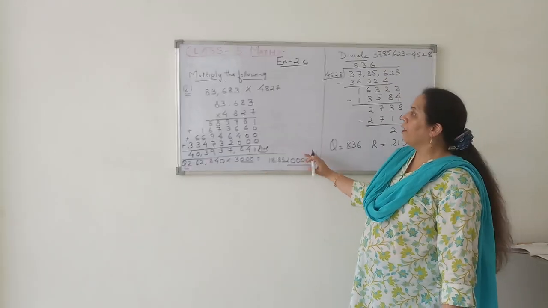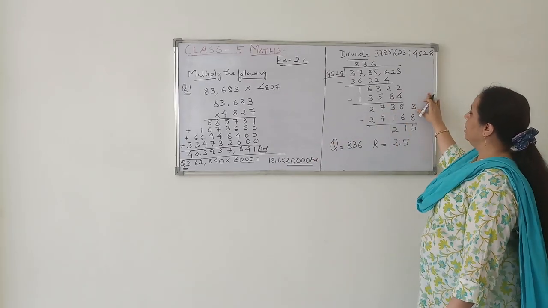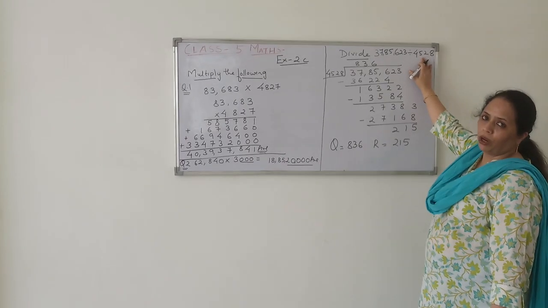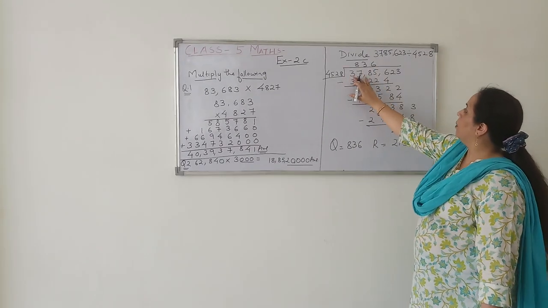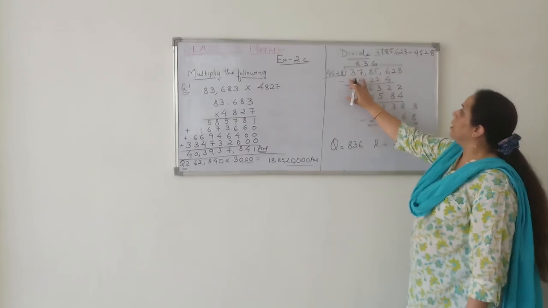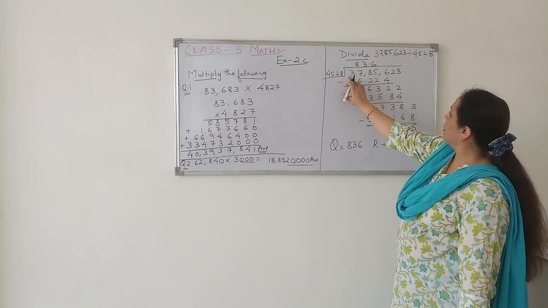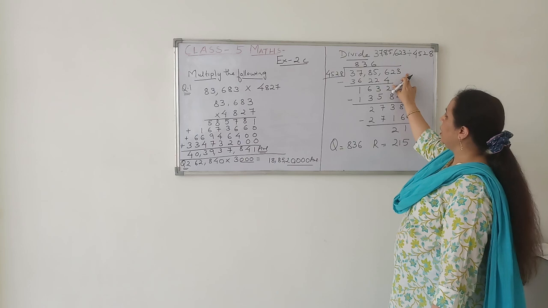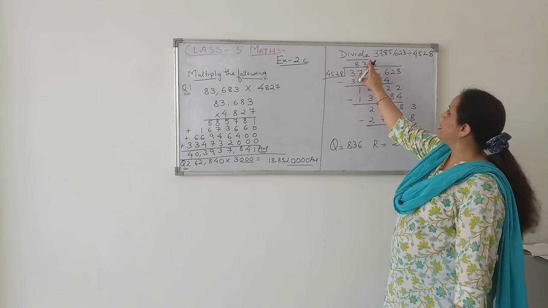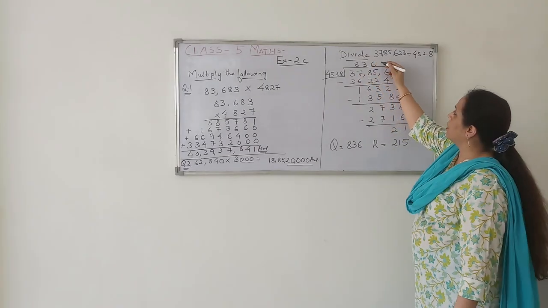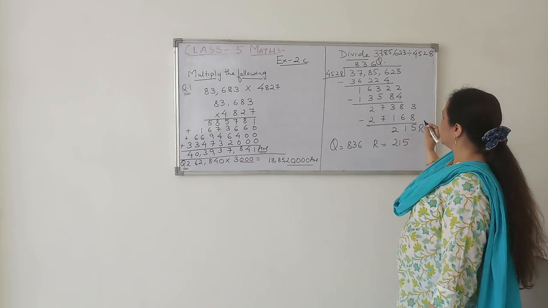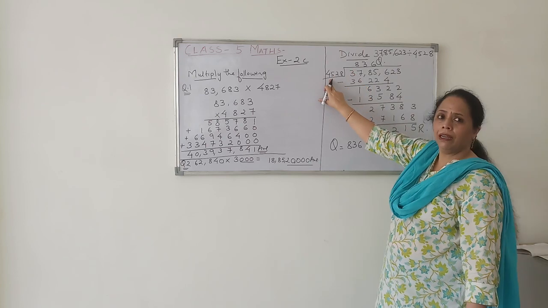After the multiplication we have division. In division of the large numbers, it is also the simple way you have done in your previous class. The number is written like this. First we will place them into the order like this. Like 37,85,623 divided by 4,528. The answer which we will get will be known as the quotient, and whatever is the remainder will be remainder, and this is the dividend and this is the divisor.